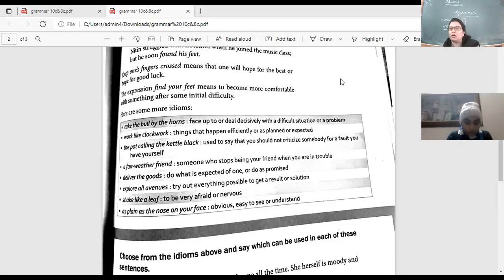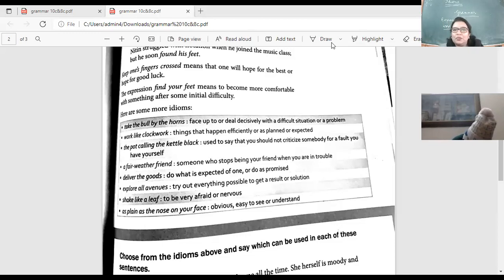Work like clockwork. How does a clock move? It'll keep on moving, right? The clock will be on time. Who can get late? You can get late. I can get late. I can wake up early. I may take 2 days to complete my work, but the clock is going to move on time. It's going to be very precise. There is going to be no change in its pattern, right? Work like clockwork.